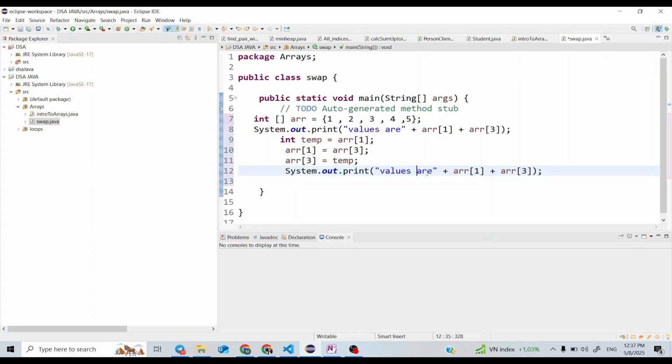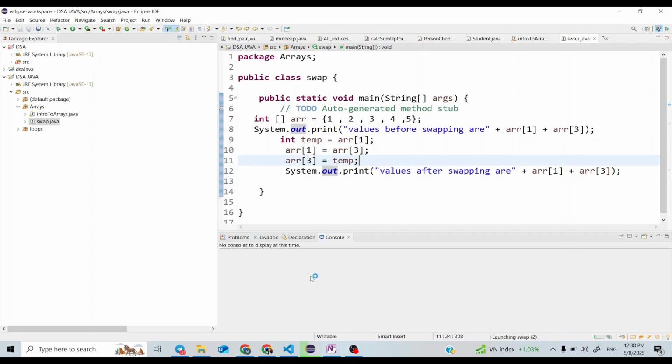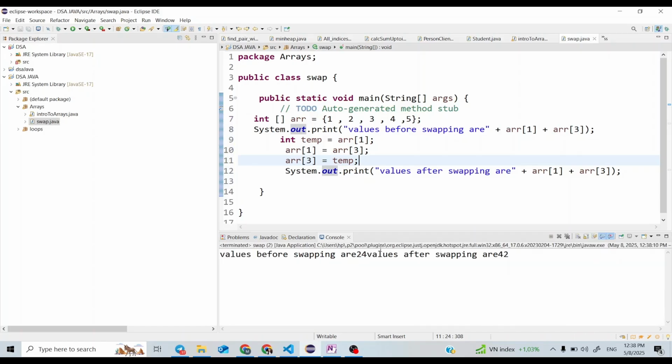Values after swapping are, and here I will add values before swapping. Let me put some space here.